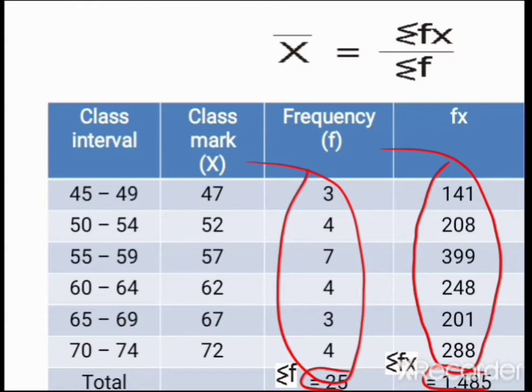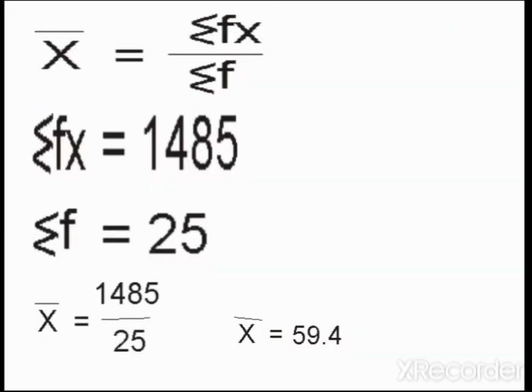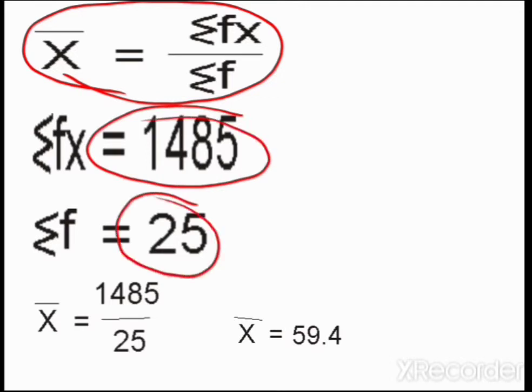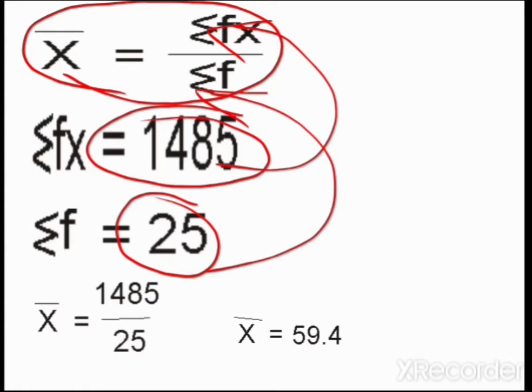1,485. So we say the mean is what? Summation Fs all over summation F. So this is the mean, summation Fs all over summation F. Now what is summation Fs? We calculated our summation Fs as 1,485 and our summation F as what? 25. So if we input this figure into the formula and this figure into the formula, what do we have? This is the value of our mean,